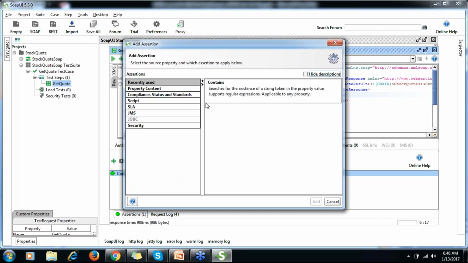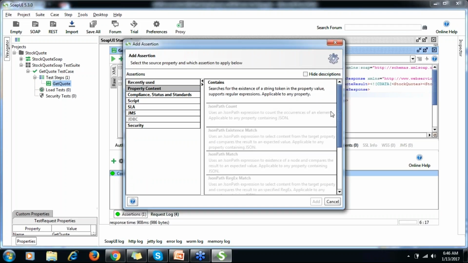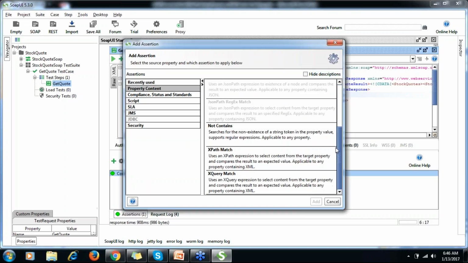In a similar way, there is the not contents assertion. It searches for non-existence of a string token in the property value, supports regular expressions, and is applicable to any property.